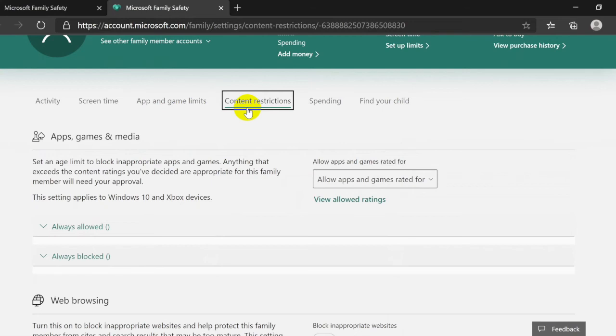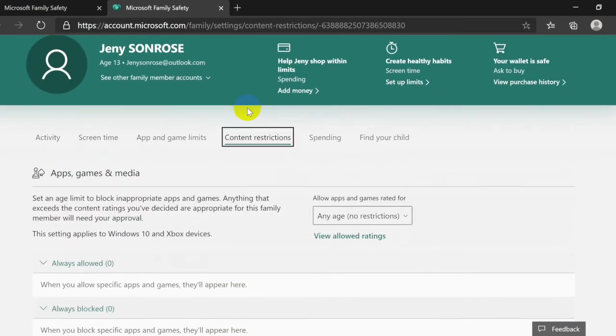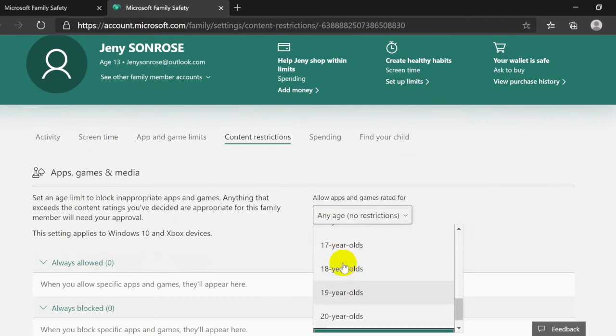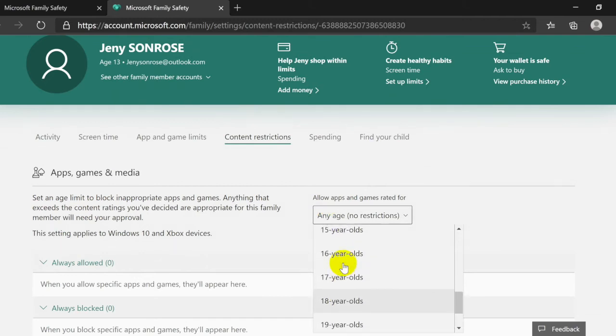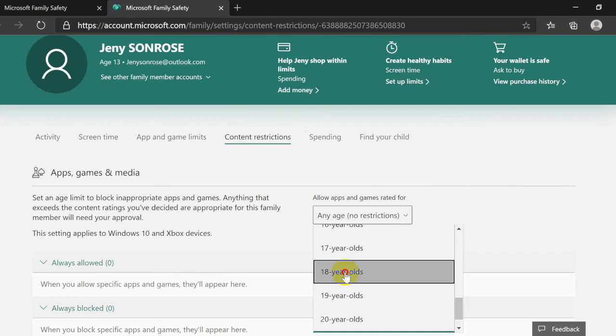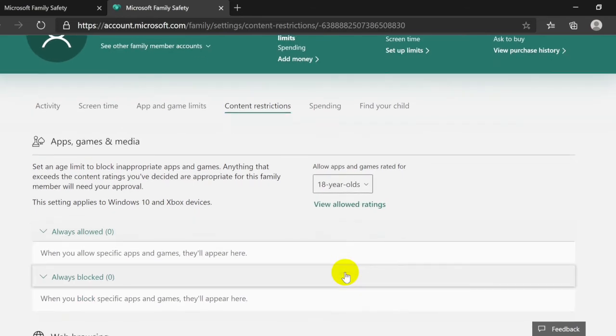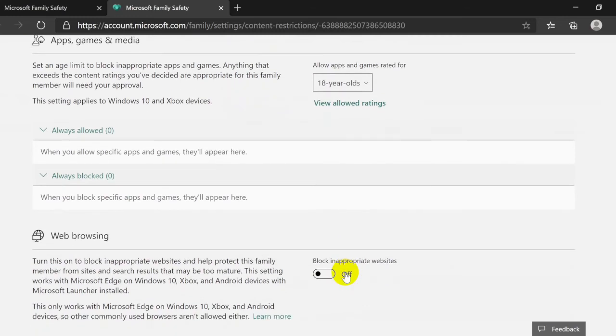Okay, now I go to content restriction. The content restriction is about how to manage them, to block them or allow them, or what can be used or not. But before you start to do that, you need to set an age limit.